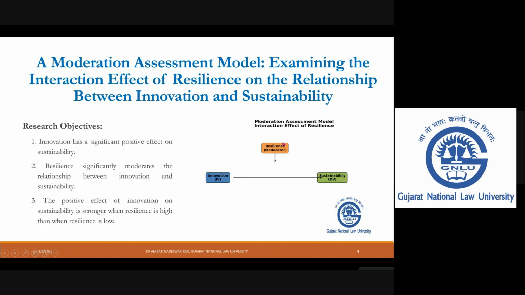So we have three concepts. Innovation is the independent variable, and sustainability is the dependent variable. We have a moderator, which is going to influence the strength. For example, somebody with good resilience can cope up and adapt easily. Similarly, in an organization, if resilience capacity is high, it will have a more positive impact on innovation and sustainability. If somebody has low resilience, how are they able to adapt, and what coping strategies are they using? That is going to influence the relationship between the independent and dependent variable. So our purpose, I hope it is clear.